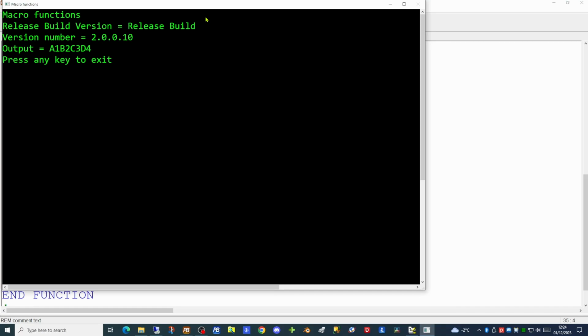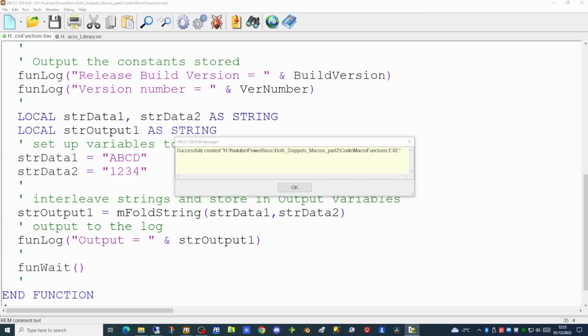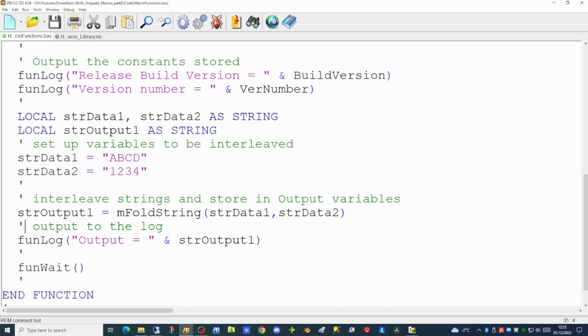So our application has now run, and the output variable contains A1, B2, C3, D4. So we have successfully taken two variables and interleaved the string constants into a new output variable. And we've outputted that to our log so we can see the value. This macro function is a very straightforward and simple function, but it does illustrate what we can do with a